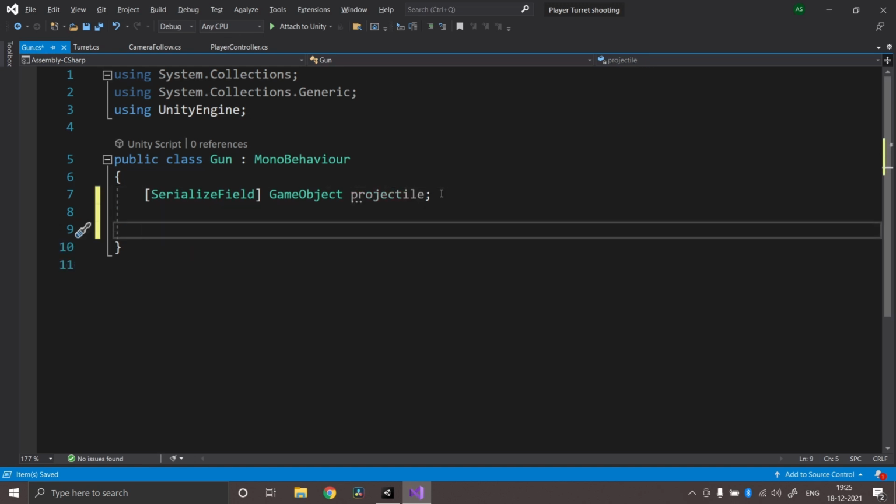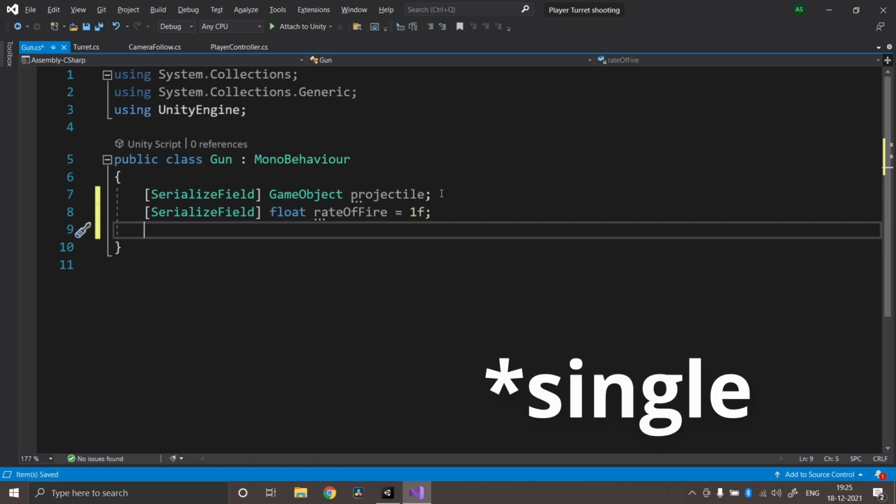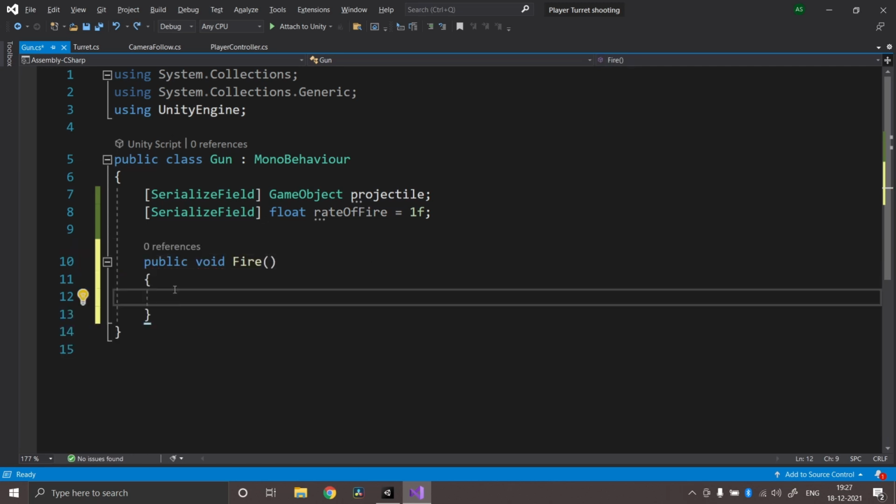And another thing is a rate of fire. So I'll create another serialized field, float rate of fire, and I'll just give it 1f, so it will shoot every single second. And then inside this class I'll simply create a public function called fire, and inside this what